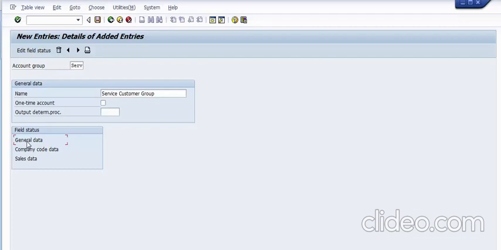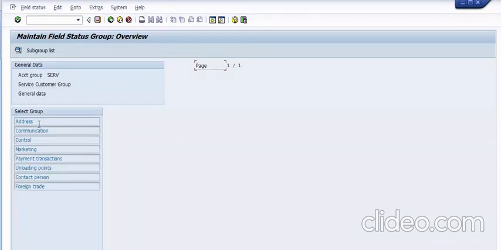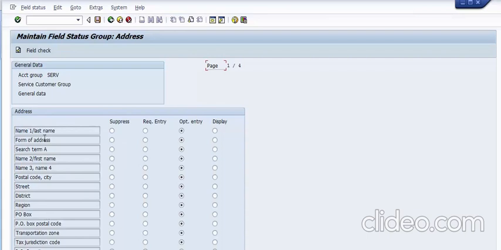Now if you double click on this general data, you will find the different fields in it. It contains the basic information about the customer like address, communication details, marketing details, payment transactions. Suppose I go to the address and double click on the address. Now it includes a number of different fields, and all of them are in the optional mode. That means the screen will be displayed to you when you are creating the customer master, but they are not mandatory. If you wish, you can skip them, and the system will allow you to skip these fields